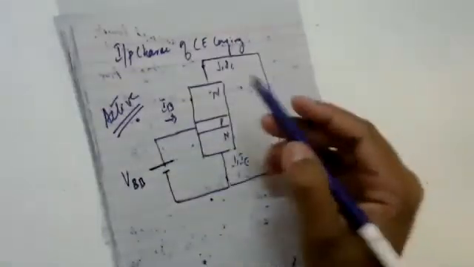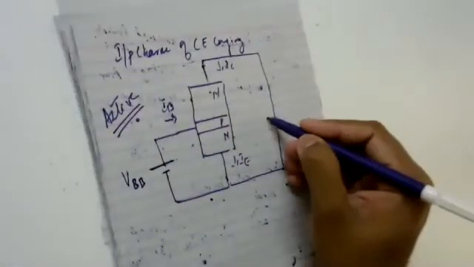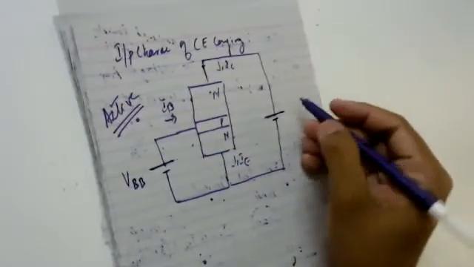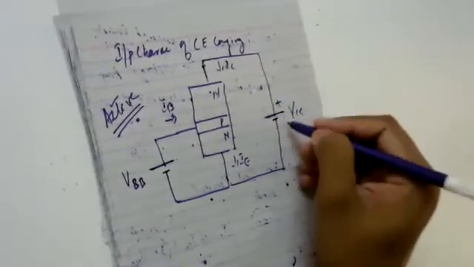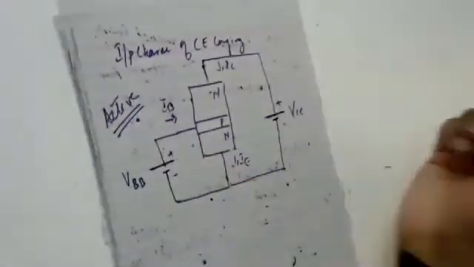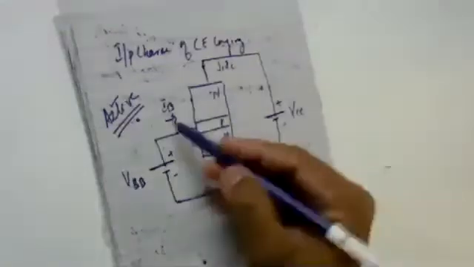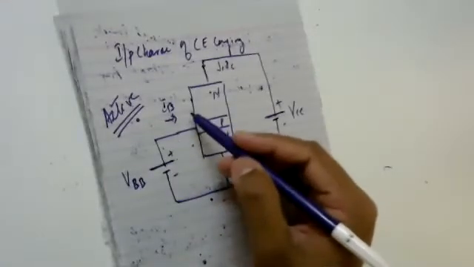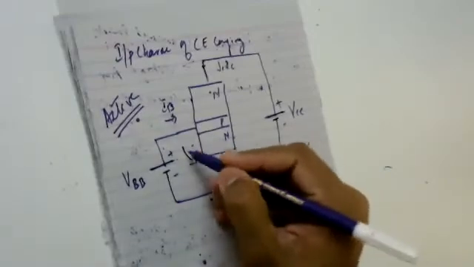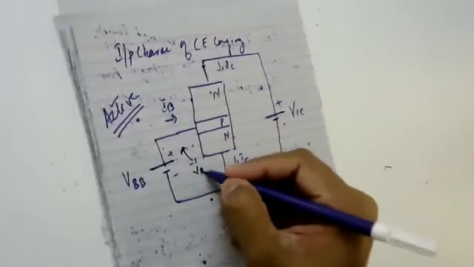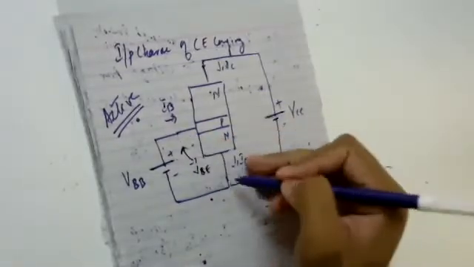And this I want to reverse bias. Since this is negative, I want to connect positive here, and negative here. So this becomes my VCC. Now I know that this is my IB. The input voltage I'll have between these two terminals, which I normally call VBE, between base and emitter.